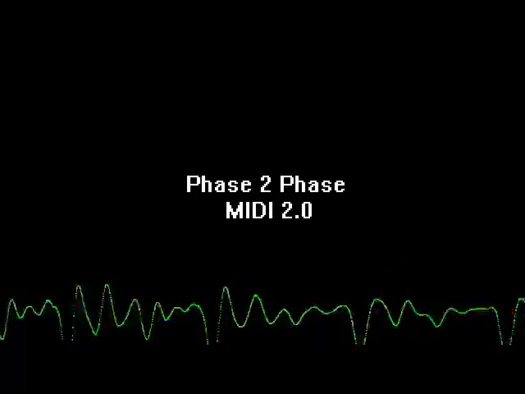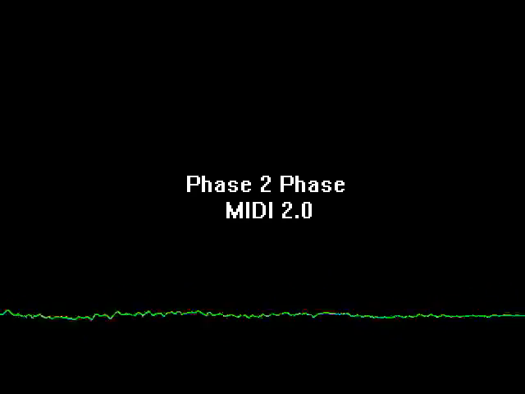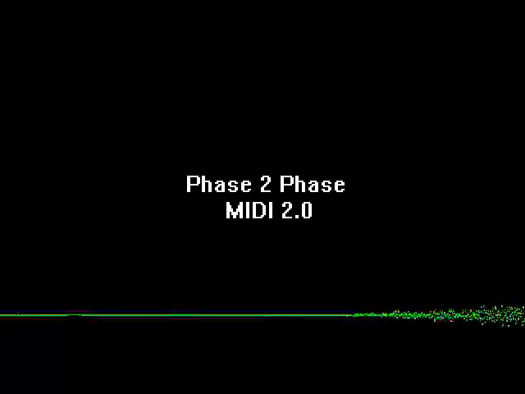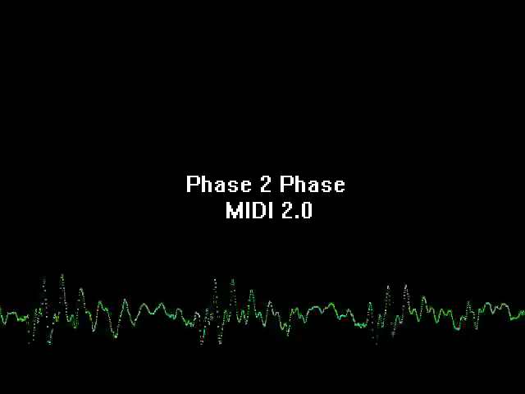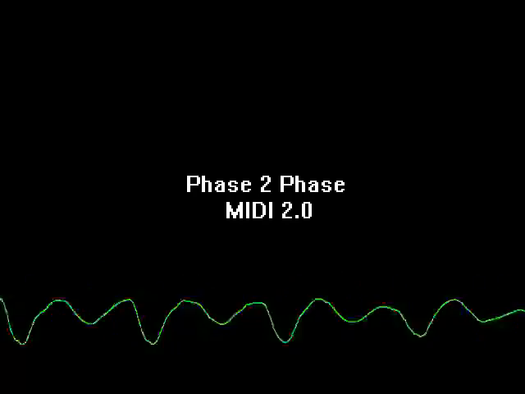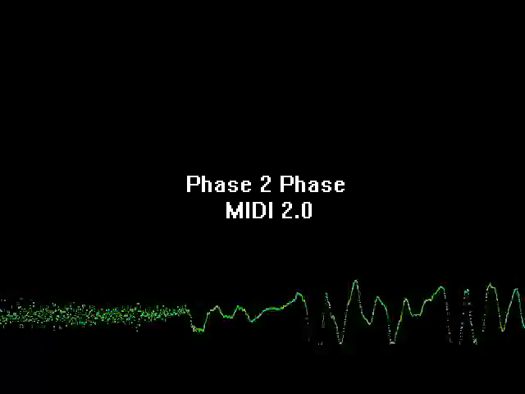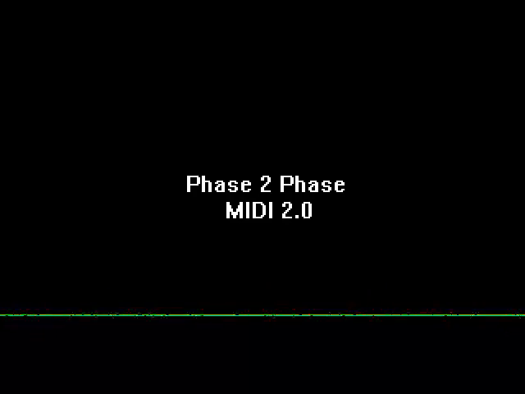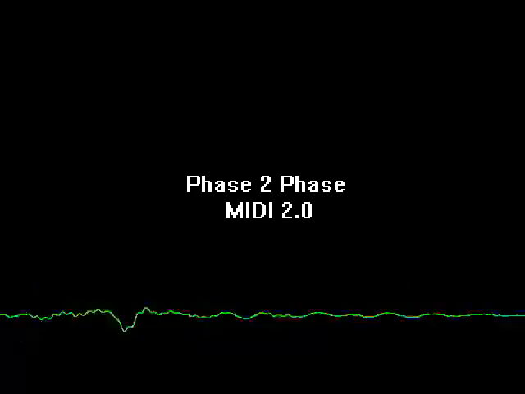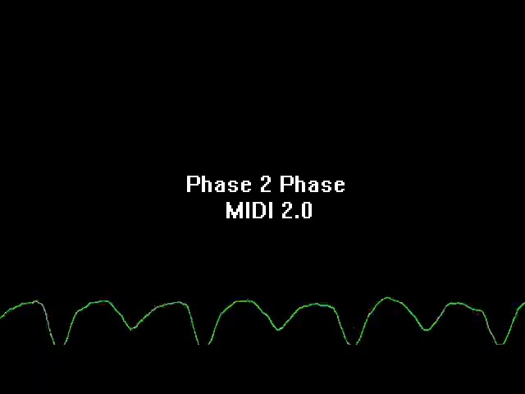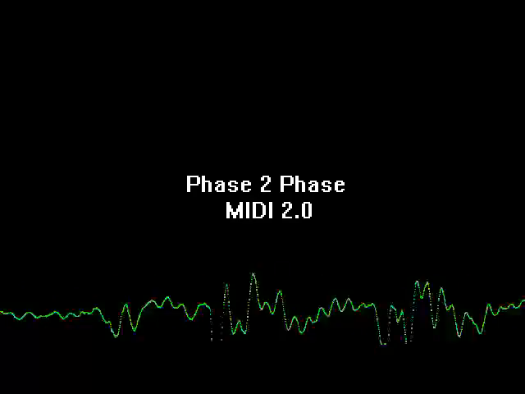Okay. So now we have a lot more ways to express ourselves. We have a lot more things to say, like a bigger lexicon. And if it doesn't, then obviously it will revert back to 1.0. Some MIDI 1.0 devices can actually use some MIDI 2.0 features, whether that's through a firmware update or something, like the existing VST3 plugins already support the kind of things that MIDI 2.0 can do.